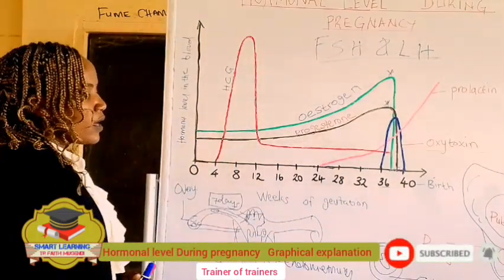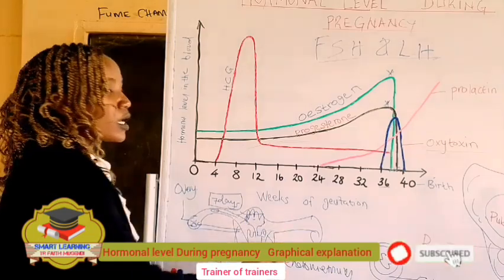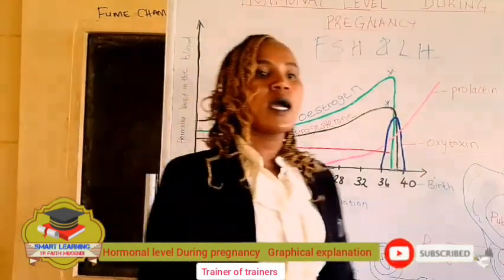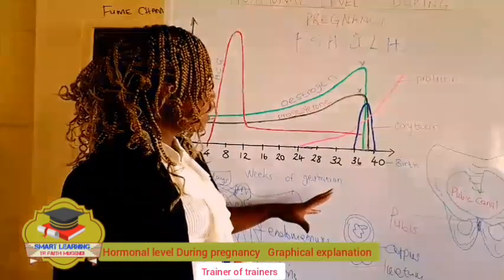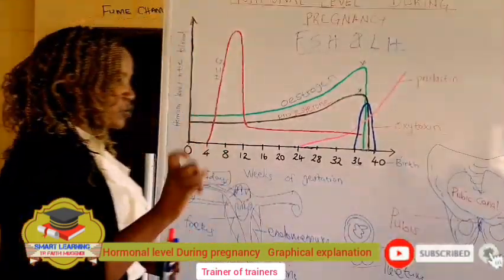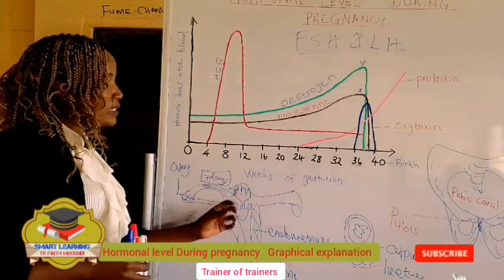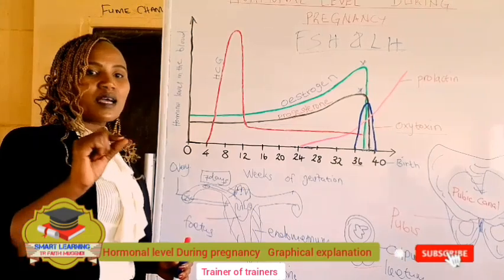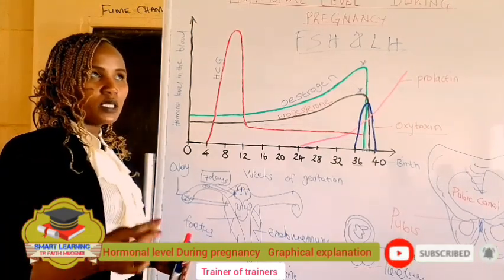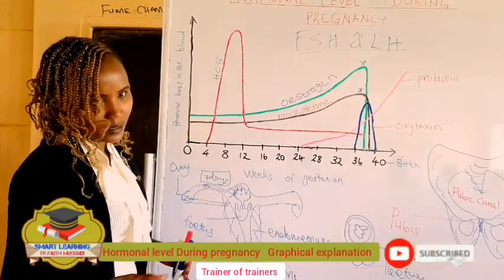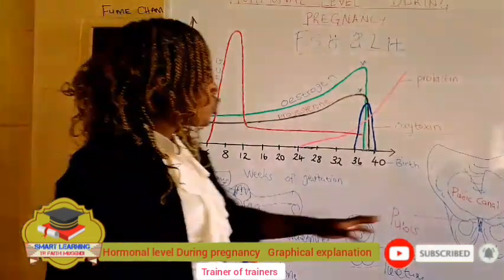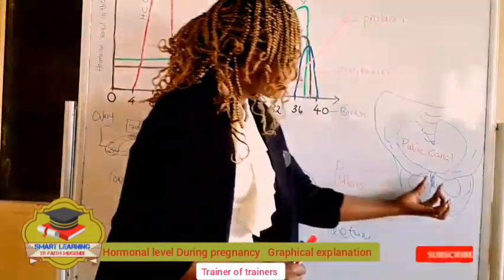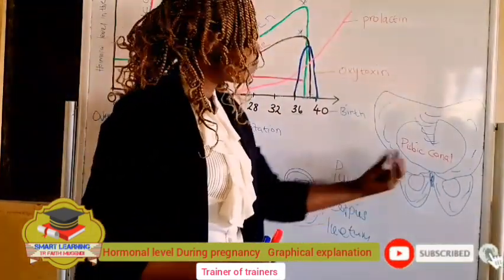So all these hormones interact in a way that ensures gestation is maintained up to the point of parturition, which we are calling birth. Something else as we conclude, you should also note that the placenta has another ability of producing another hormone we are calling relaxin hormone. Relaxin hormone, the name is from the word relax. So the relaxin hormone ensures that the elastin fibers that join the pubis bones together